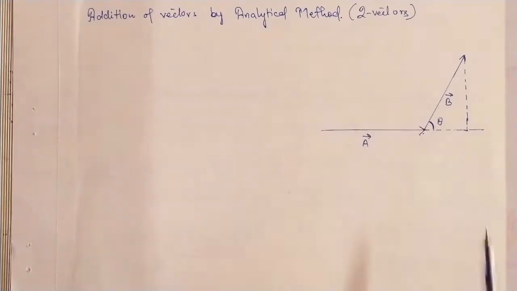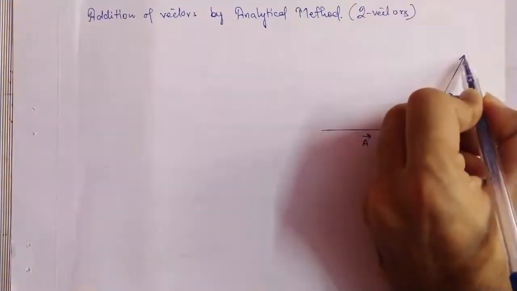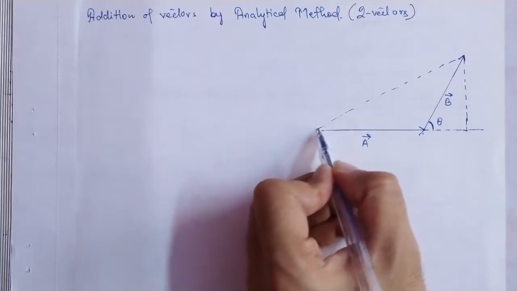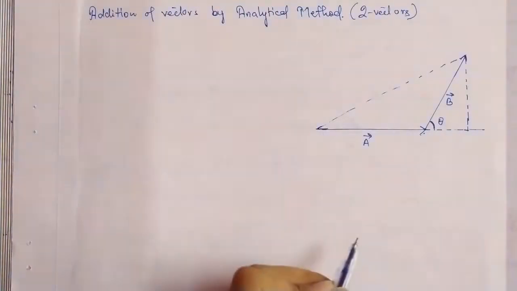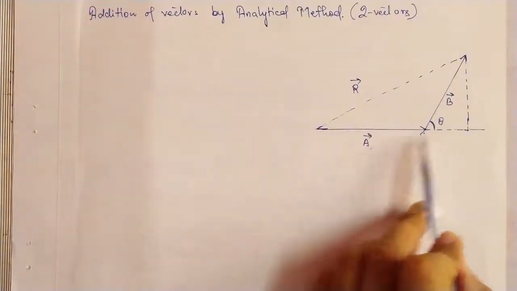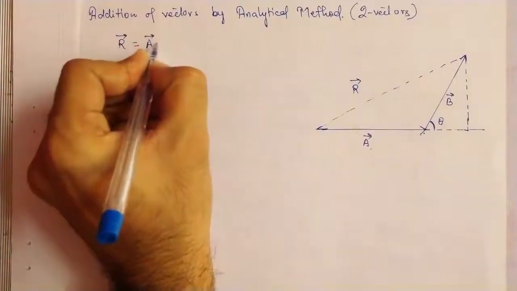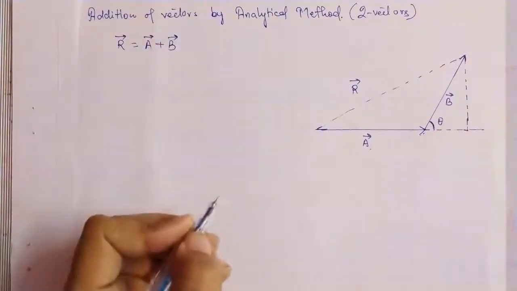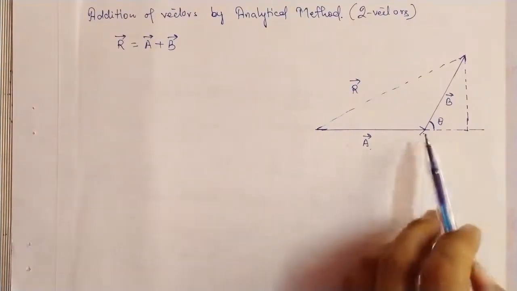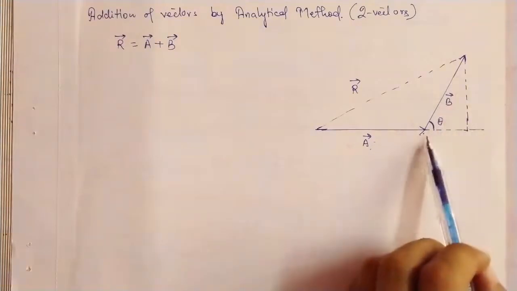Now according to the graphical addition, if these are two vectors, then the third connecting side will give us what is known as the resultant of the two vectors. So this is our resultant, that is given by the addition a plus b. Now we will see how to derive the formula to calculate the resultant. So I have already extended this a side, and this is our b side.